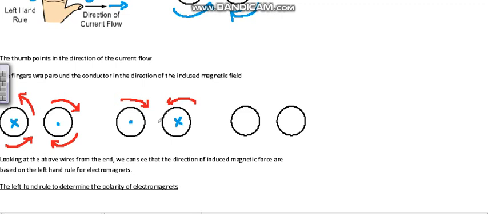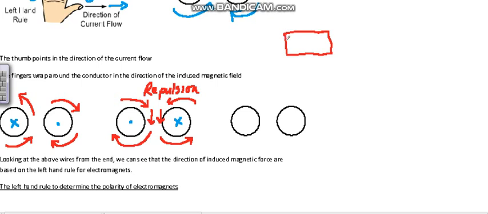So if we look at the direction of force here, we've got this going this way, this going this way. If we think of flux, and flux lines don't cross, we've got these flux lines, they're both going in the same direction. There's going to be a repulsion there, because on a magnet, if I have these flux lines